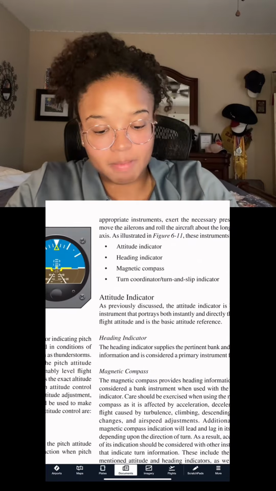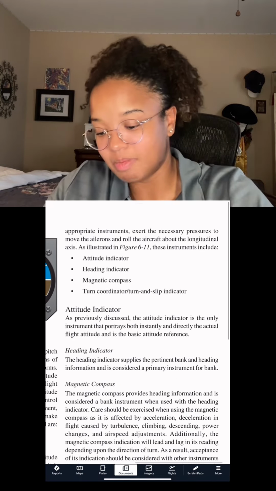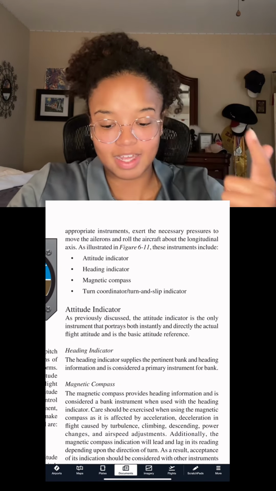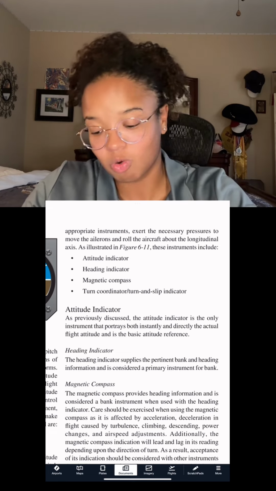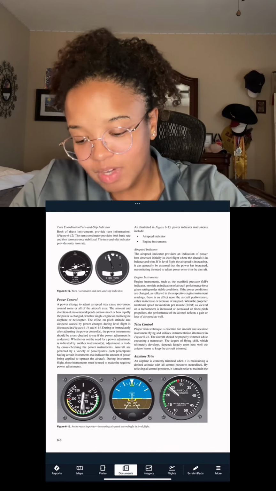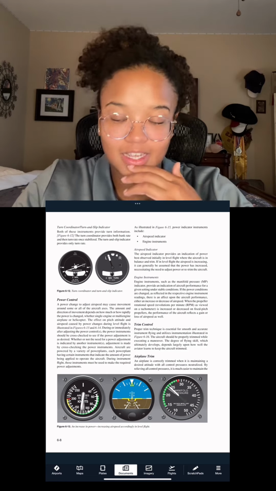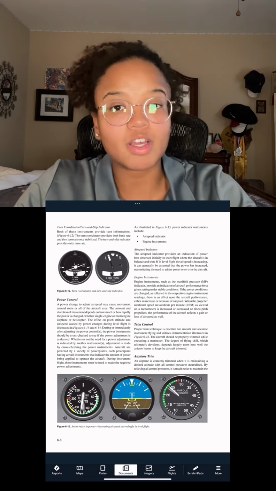So up here for our bank controls, our instruments include our attitude indicator, our heading indicator, our magnetic compass, and our turn coordinator. So again, just read through this, and make sure you have a good understanding of what controls are